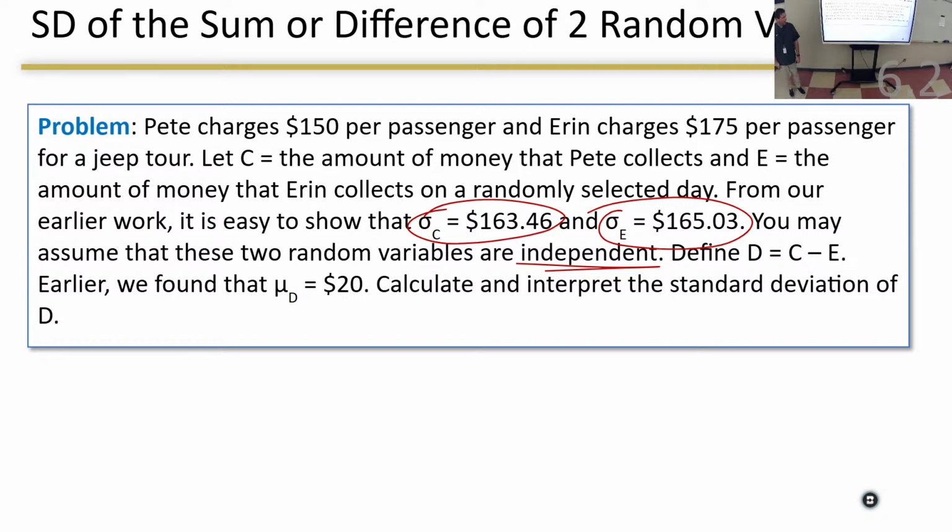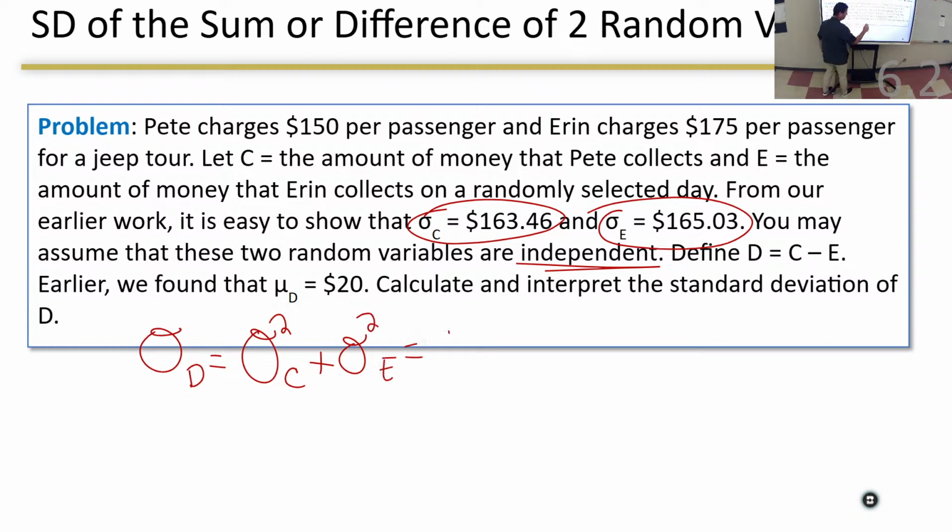Define D as C minus E. Earlier, we found that mu sub D is $20. You guys subtracted that in your head pretty easily and found the difference to be $20. Pete normally makes $20 more than Aaron. Calculate and interpret the standard deviation of D. The standard deviation of D is equal to the square root of the variance of C plus the variance of E, which is equal to